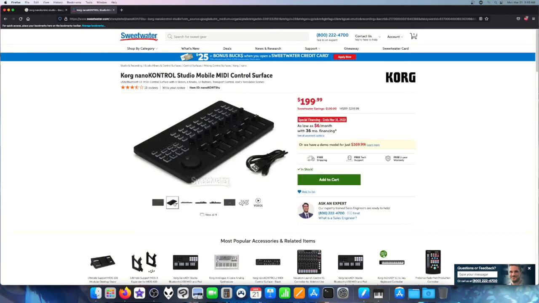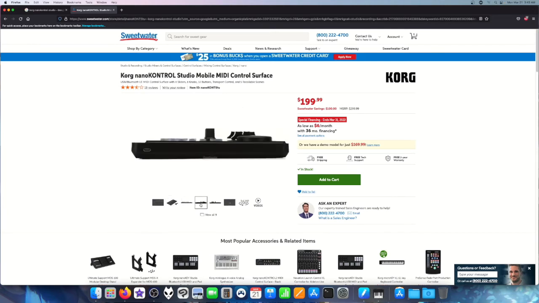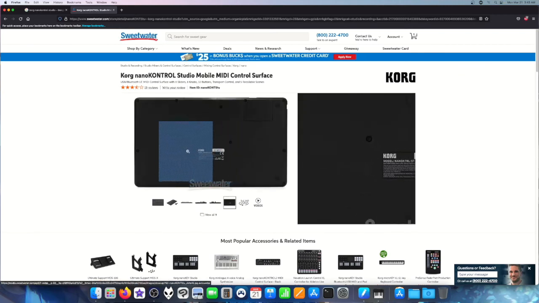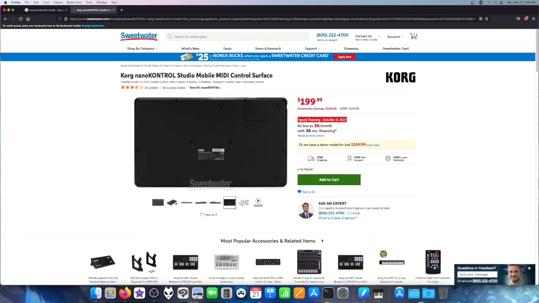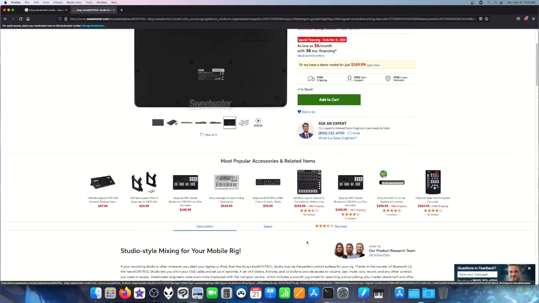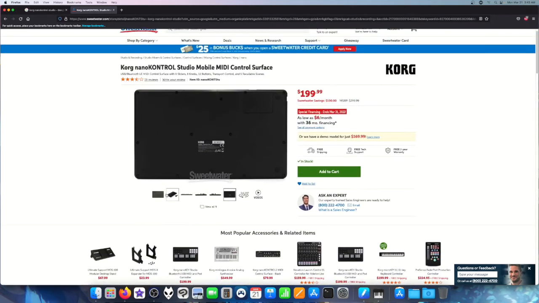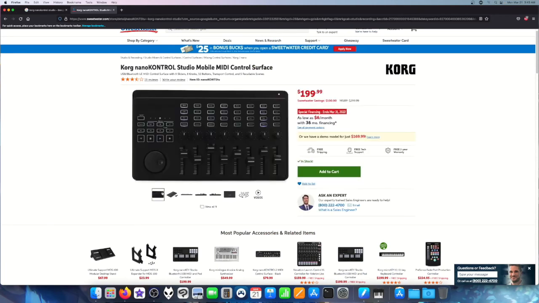It's Bluetooth, it's USB, it has nice faders, and you literally can use that. You can use the Akai, and there's other stuff you can use, but the Korg Nano Control is something I would use because it's small. But if you actually need more than these buttons on here, like for OBS in macOS, then